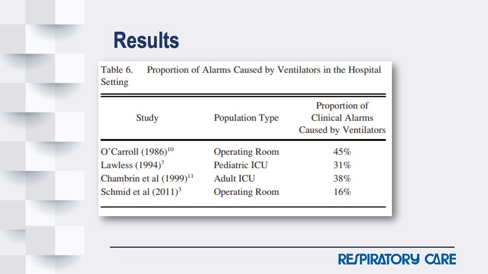So somewhere probably in the range of 16 to 45% of the alarms, in this case from a published standpoint, were caused by ventilator alarms, to just give you a feel for the significance of ventilator alarms contributing to the alarm burden in the ICUs. In fact, not everybody in the ICU is on ventilators, so ventilators are a strong force, even though not everyone's on one, to create alarms in the ICU environment.